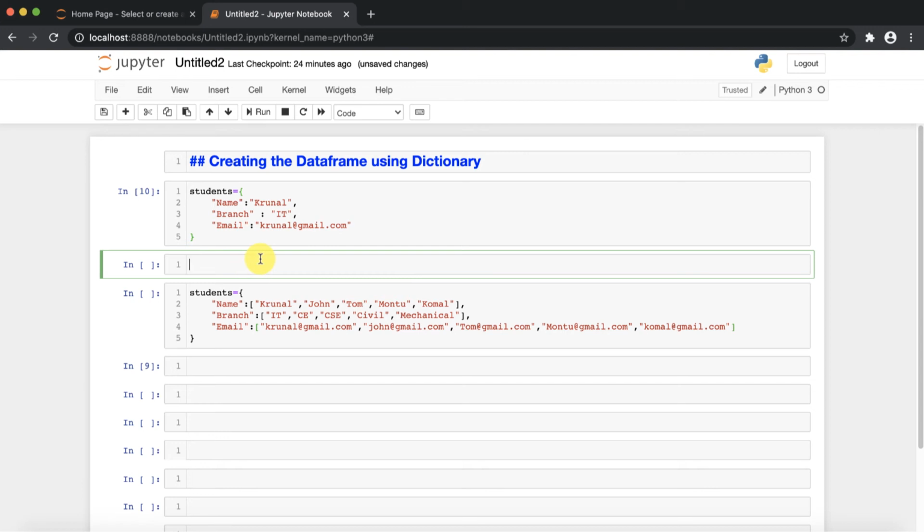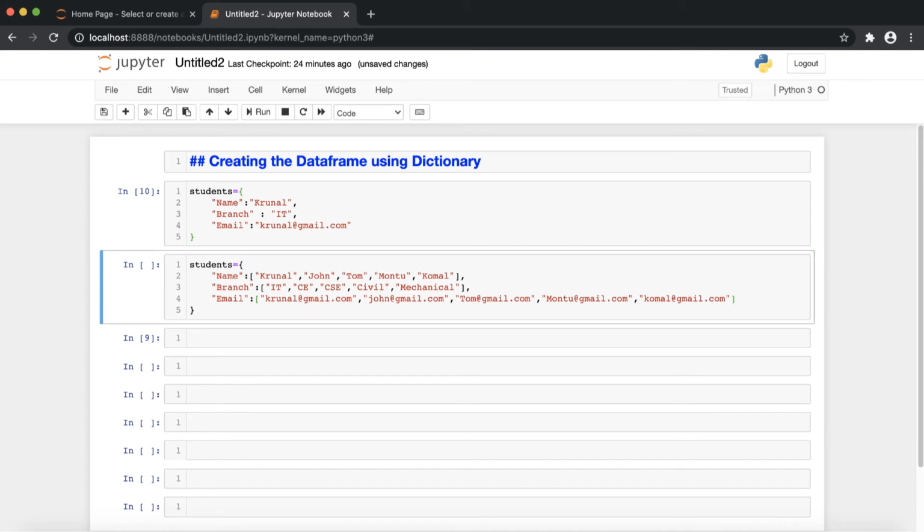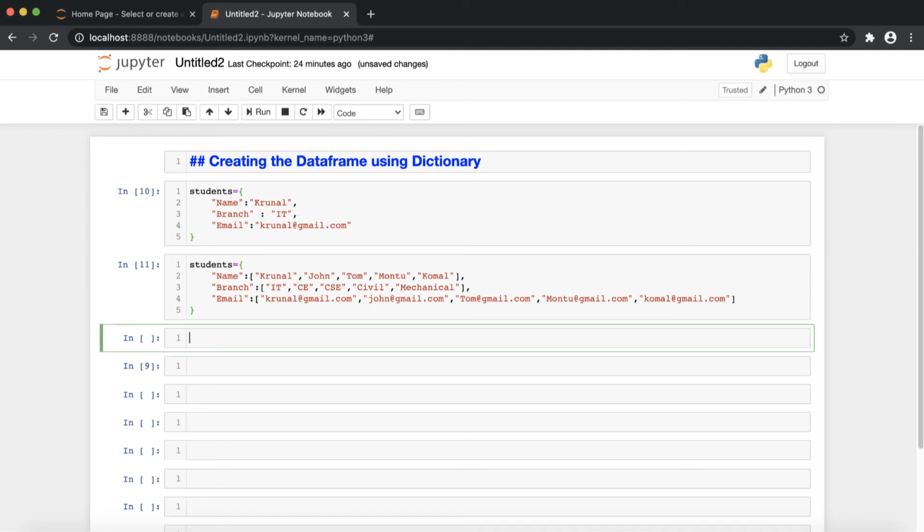But suppose you want to create with multiple values, that also you can do by providing a list of values. So you can create with a single value or with multiple values. Here you can see that I have provided the list of name, branch, and email addresses of each of the students. Now, if I execute this code, my students dictionary is created.